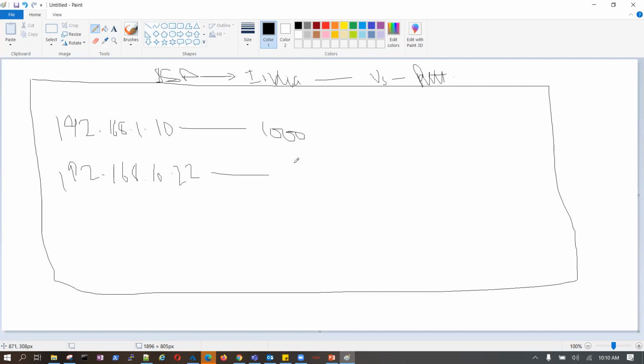Prashant is sending 20,000 packets from 192.168.10.22, because we are a group of people doing some evil activity. Similarly, Arslan is doing it, Saik is doing it, and Ramesh is doing it. Got my point? Don't you think this 192 is coming from the same range? This is a Bangalore IP.